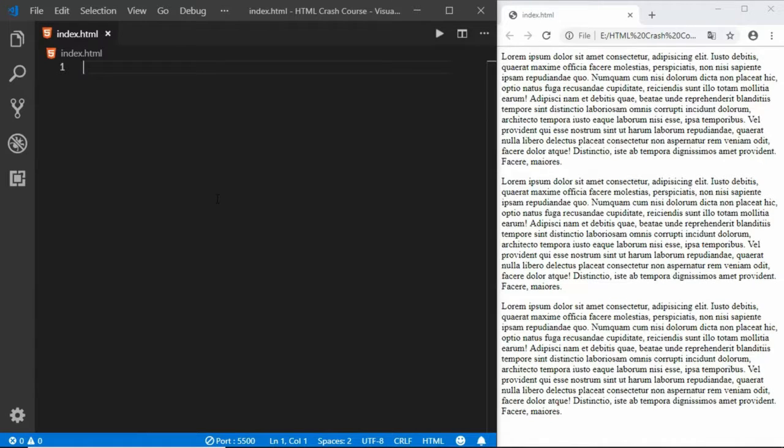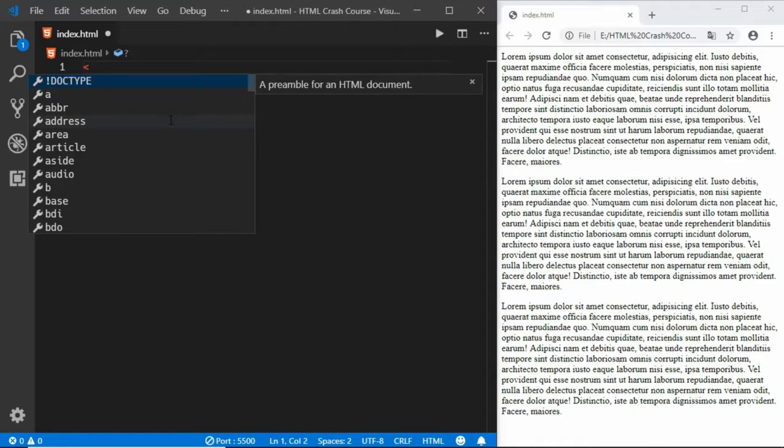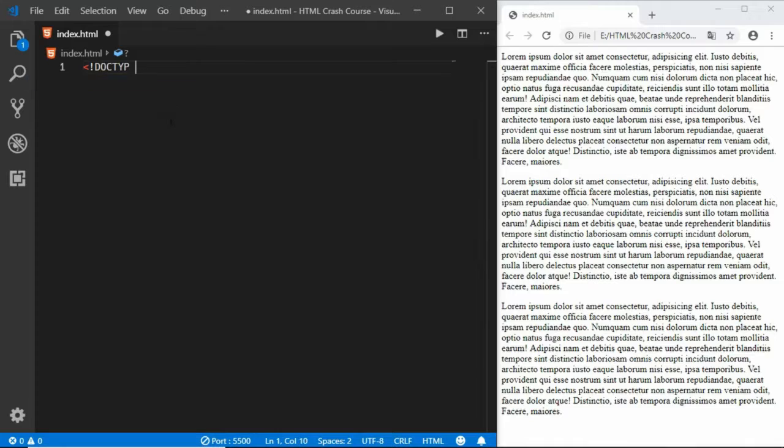And now we'll create a basic HTML5 structure for our web page. So the first line in an HTML5 document should be doctype HTML. So we have to type less than, exclamation, doctype, and then type HTML over here. So this tells the browser that this is an HTML5 document, and everything you write inside an HTML should be